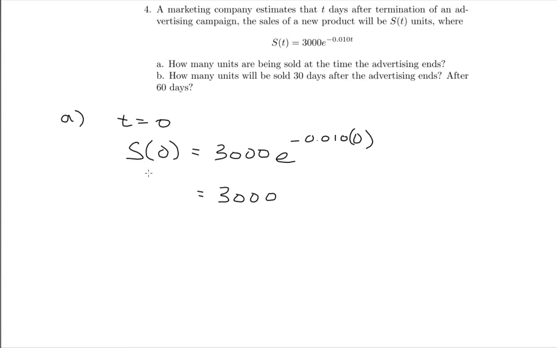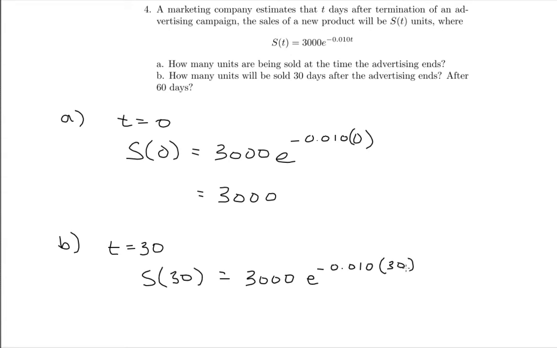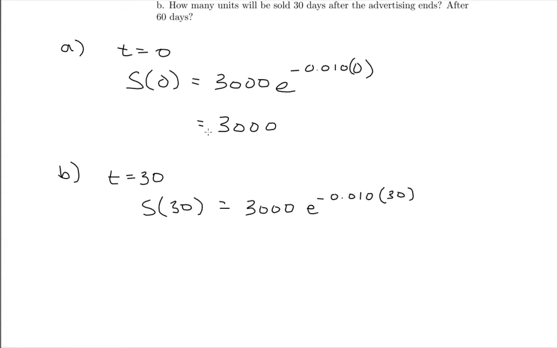Okay, so let's take a look at question B. Question B says, how many units will be sold 30 days after the advertising ends, and how about after 60 days? In the first case, we have t equal to 30 days after the advertising ends, so we can plug this in. s of 30 is equal to 3000 e to the negative 0.010 times, what is t in this case? t is 30. So we can calculate that to be 3000 e to the negative 0.010 times 30, which is actually